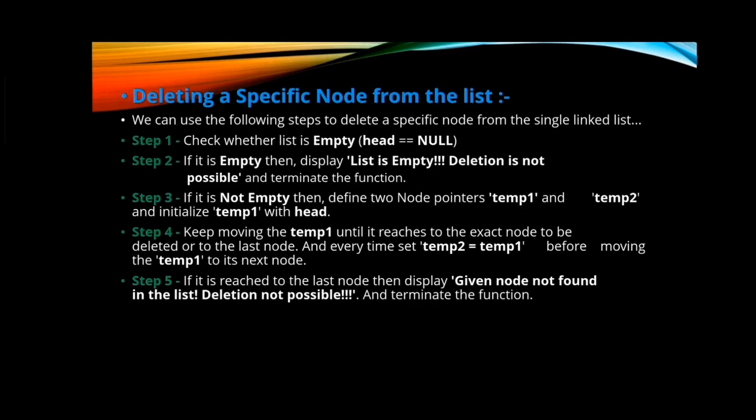First, check whether the list is empty such that head is equal to null. If it is empty, then display list is empty, deletion is not possible, and terminate the function. If it is not empty, then define two node pointers temp1 and temp2 and initialize temp1 with head. And next, keep moving temp1 until it reaches the exact node to be deleted or the last node. And every time set temp2 equal to temp1 before moving temp1 to its next node. If it reaches the last node, then display given node not found in the list, deletion is not possible,